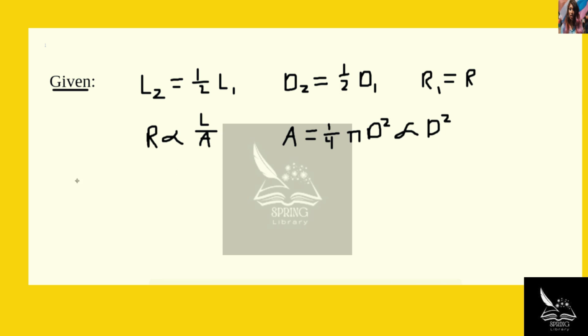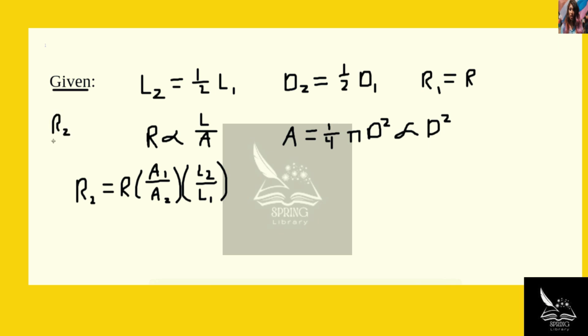Okay, so now we can go ahead and calculate the resistance of R2. R2 is equal to R times the ratio of the areas, A1 over A2, times L2 over L1. Okay, and this comes from just taking the ratio of R2 to R1 and using the information that was given in these two equations here,